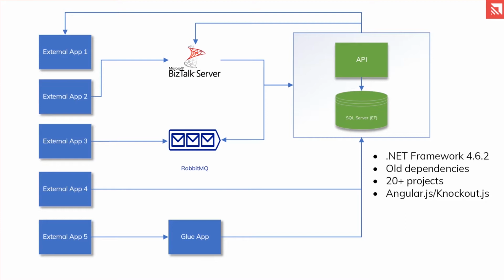The UI is an AngularJS Knockout.js frontend, so we don't use any Razor, we don't use any web forms in this case, but we just use a plain UI layer that connects to the API below. We have tons of other apps that connect to us. So we interact with BizTalk both through WCF services as well as RESTful APIs. We have queue mechanism. We both look at queues and we put messages into queues. We also have other applications that call us directly on our API, or they call us through some kind of glue app that will then call us through a Node.js app or something like that.